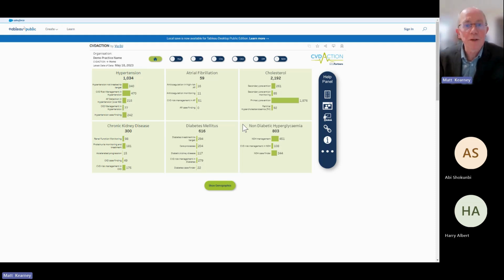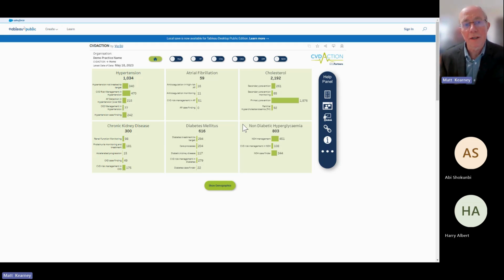So this is the homepage for CVDACTION. These are the 6 high-risk conditions: blood pressure, cholesterol, atrial fibrillation, diabetes, prediabetes, and chronic kidney disease. These are all conditions that cause cardiovascular disease, but where treatment has a big impact in preventing heart attacks and strokes. But the homepage gives us an overview of the sort of numbers involved, so we can think about where